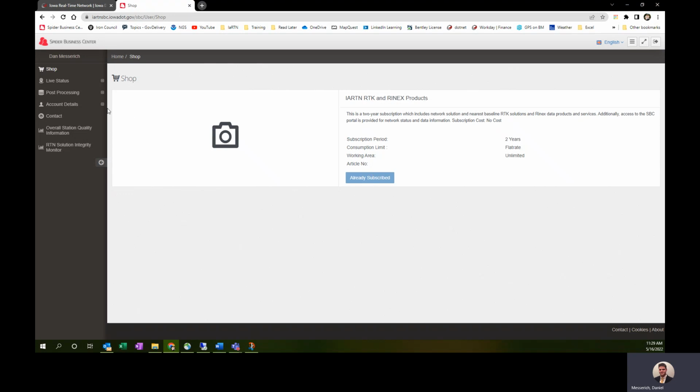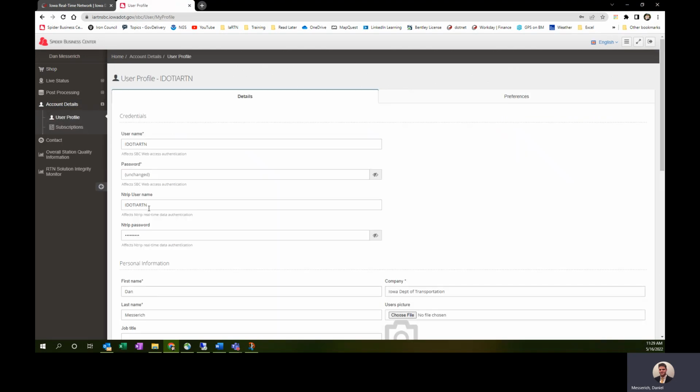Next thing you do is go back to your account details and confirm that your NTRIP username and your NTRIP password match what is on your rover. These are both case sensitive. A lot of people have some really long usernames and really long passwords, so make sure that's all correct. If you checked that and all the sites are green,